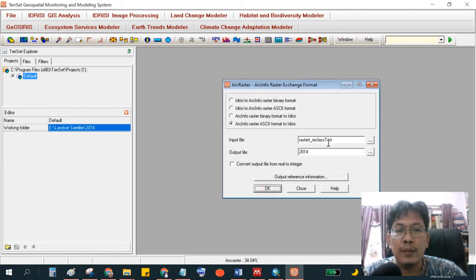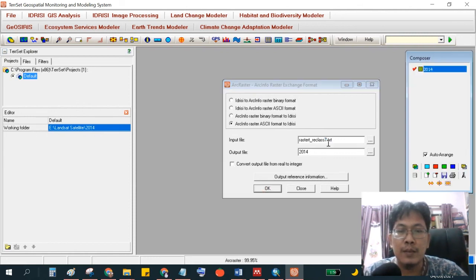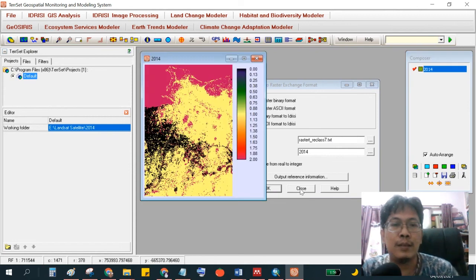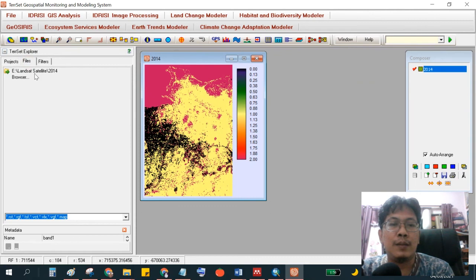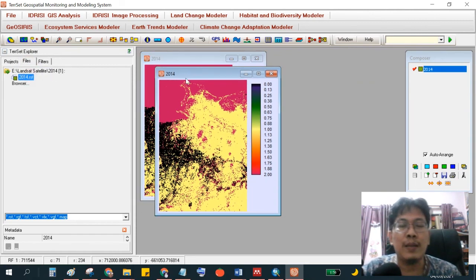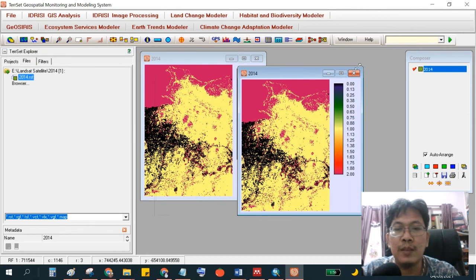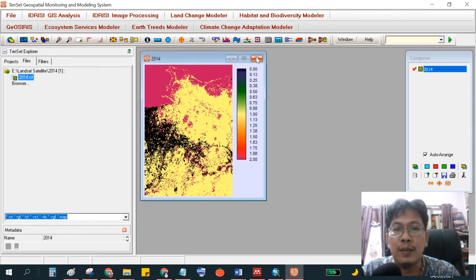We wait a minute. This is the pass. So we see the new reclass, but clipped only to our study area.